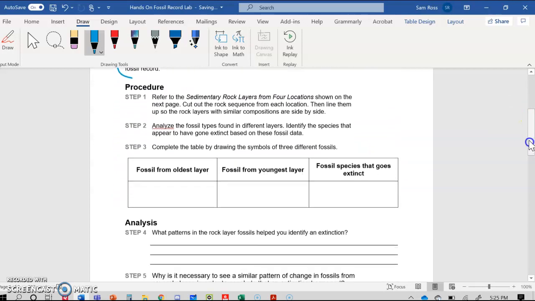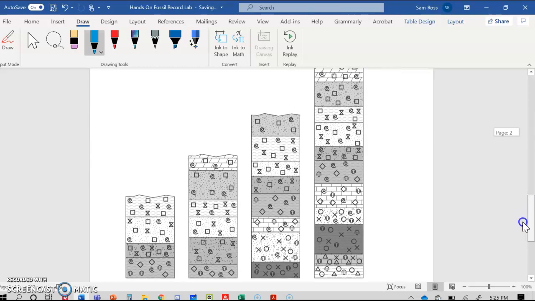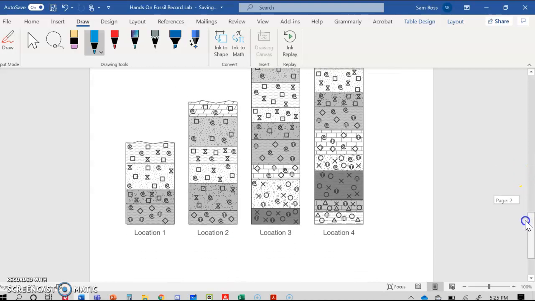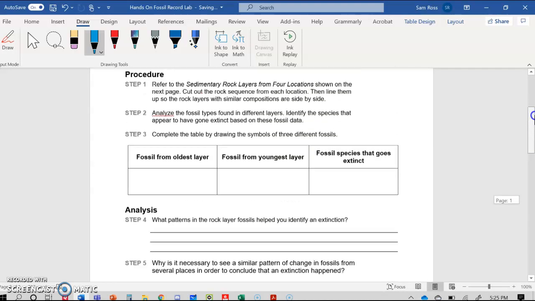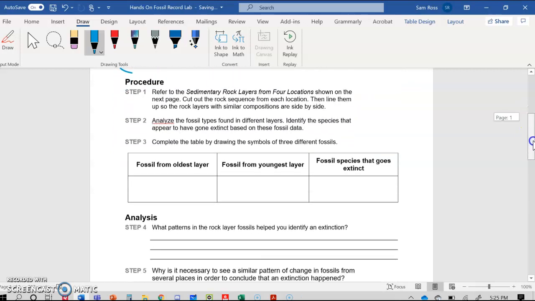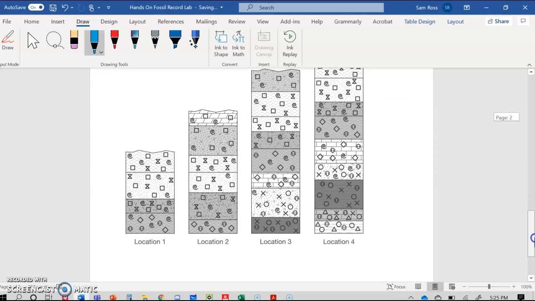Let's move this down. Procedure, it says refer to the sedimentary rock layers from 4 locations shown on the next page. That's referring to these 4 columns, location 1, 2, 3, and 4. It says cut out the rock sequence from each location, then line them up so the rock layers with similar compositions are side by side. My suggestion is before you cut them out,